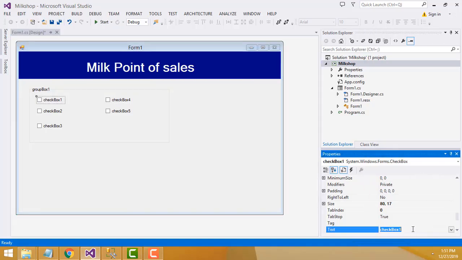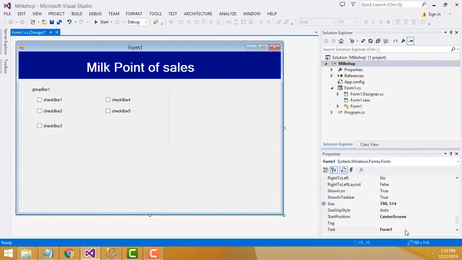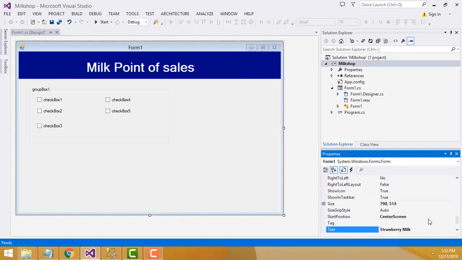Here the first one should be the strawberry milk. You have to write strawberry milk here. So here I don't need to write it, I just copy this one and paste. If I write this and put it, it takes too much time to complete the project, so that I